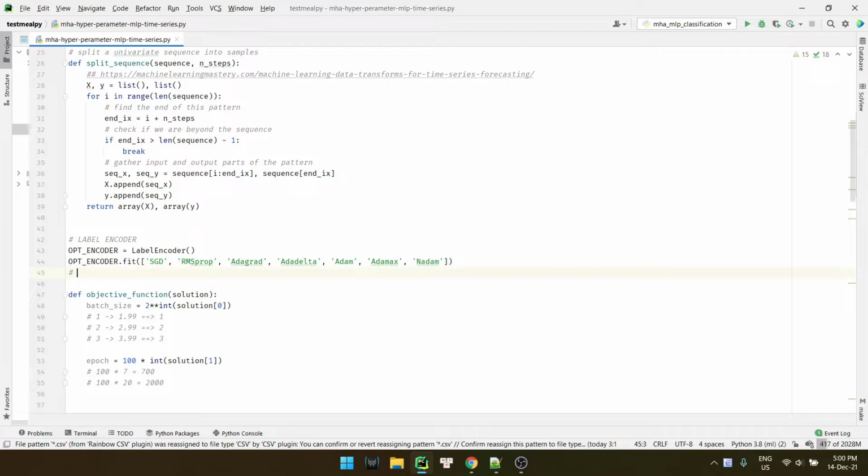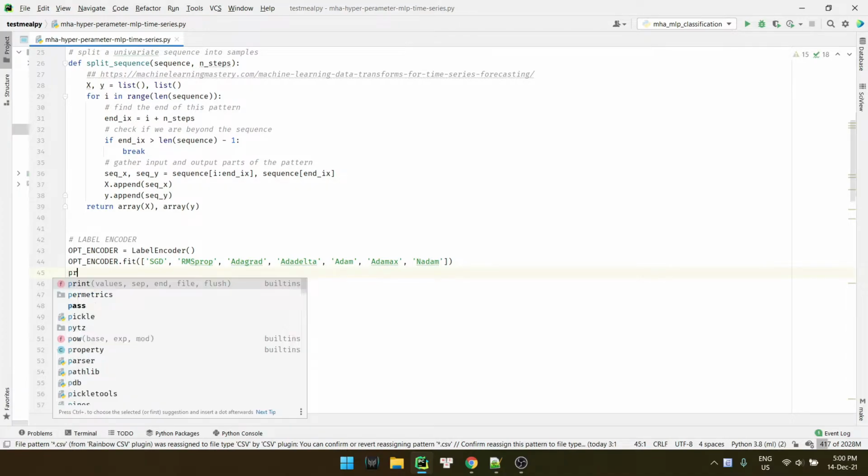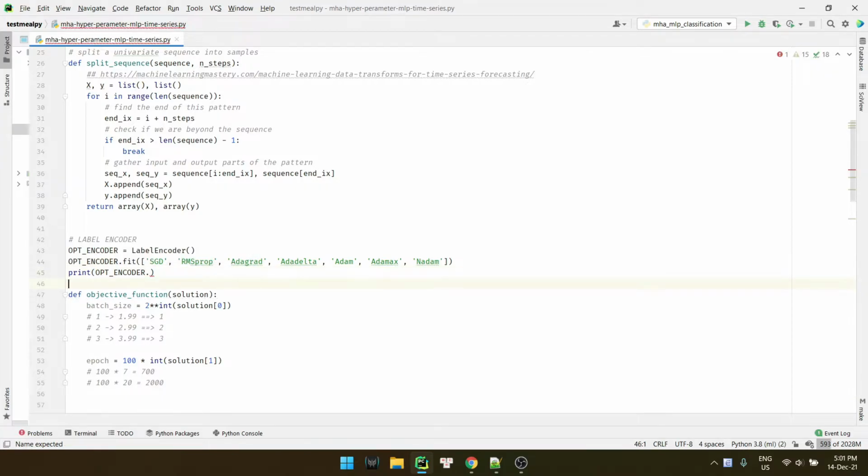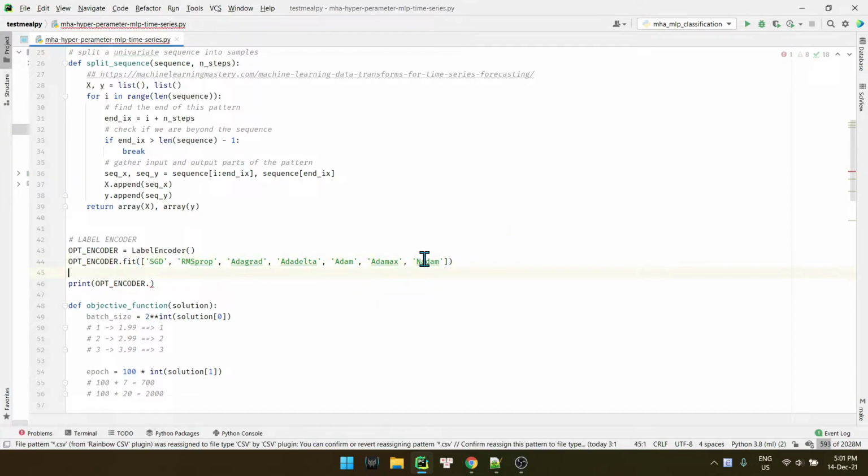Now you can try to print the optimizer encoder. It will assign a number to each string value here.